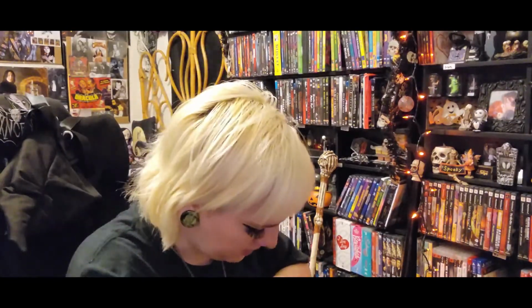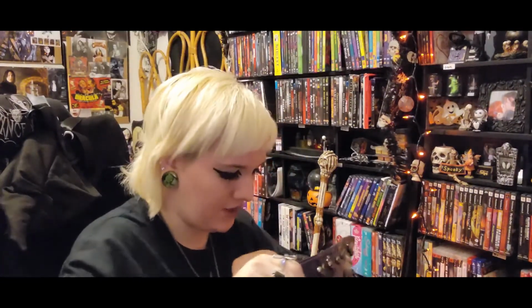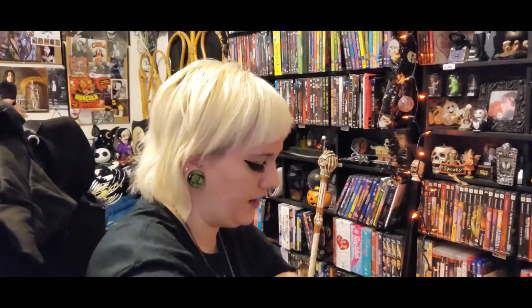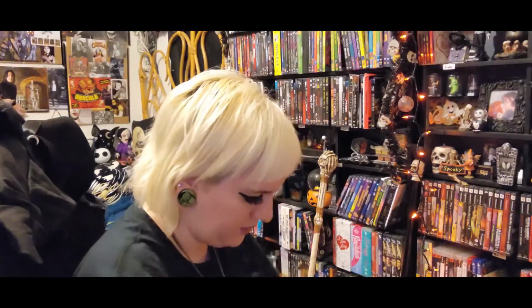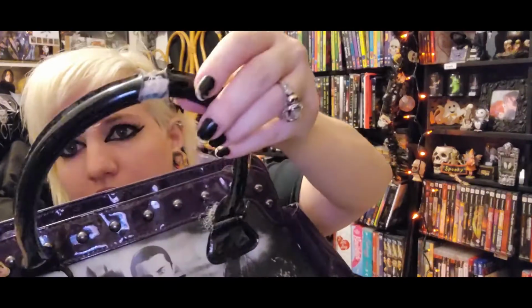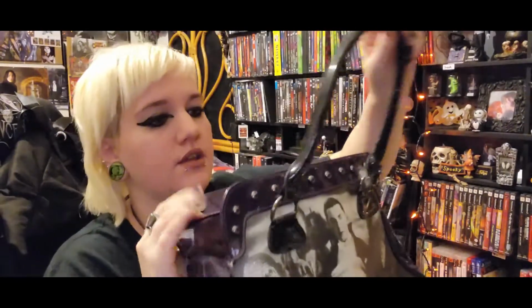Next, I do have quite a few purses by this brand called Rock Rebel. This one has heavily been used. There's something I gotta take out of here. Okay. Nothing bad, I just wanted to take something out of there. Okay, so it does have quite a few pockets in here, which I do like, but you can definitely tell it's been through a lot of use,